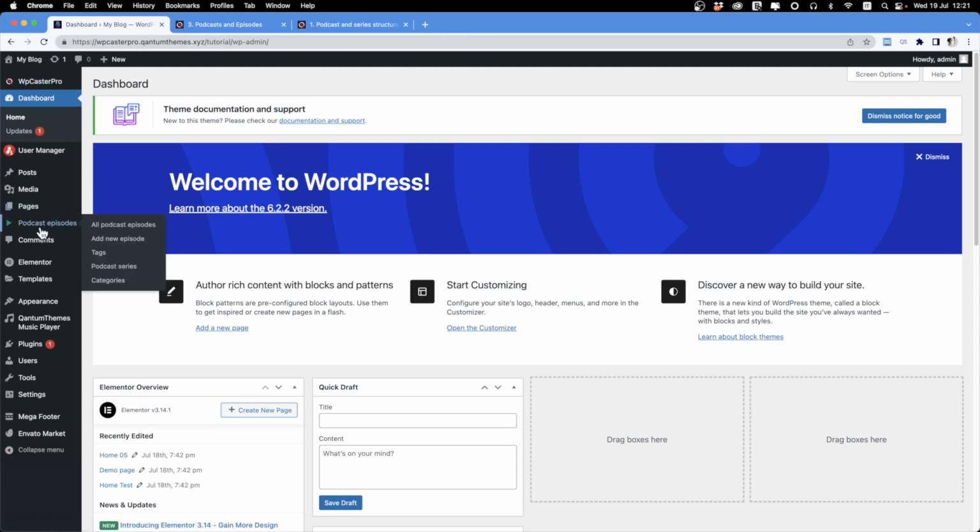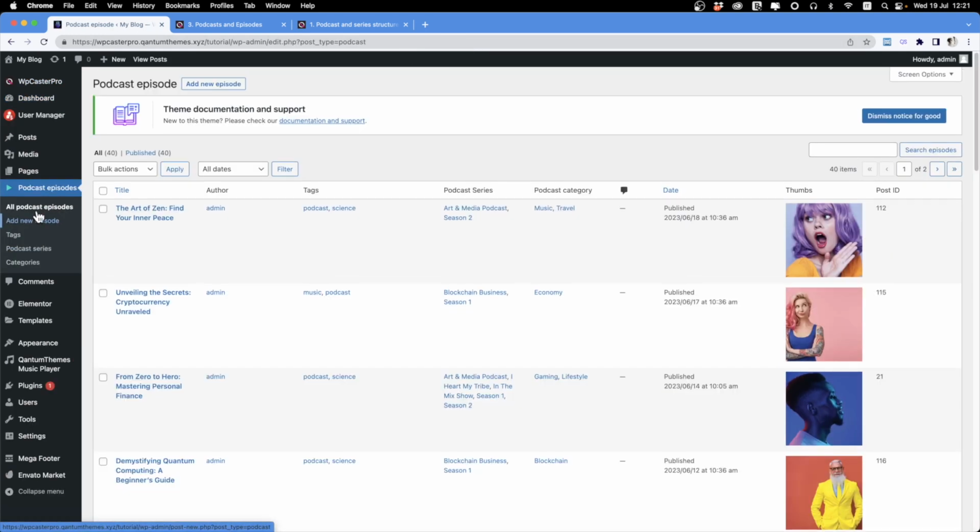You can see this very same structure if you go to your dashboard and open the podcast episodes menu item. Here you can see that you have the podcast episodes, you can add a new episode, then you have tags, series, and categories. We will leave tags and categories for a second moment, and we will focus now on episodes